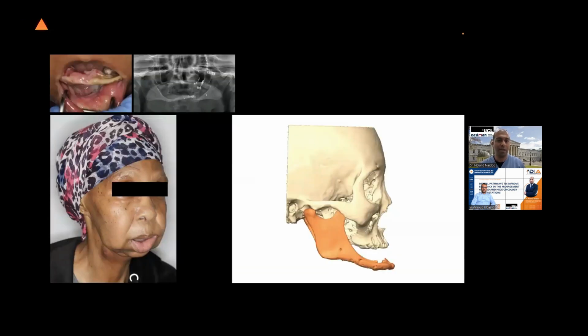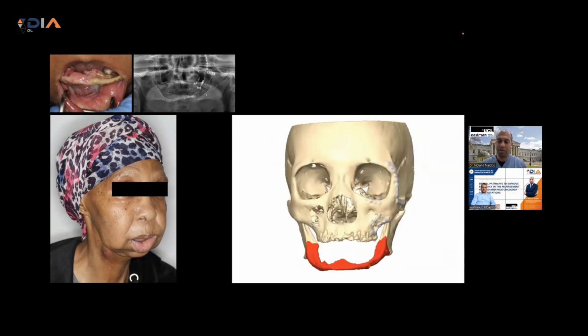But here's another patient who had osteomyelitis and a failed flap. And I'm just going to play a video just to show you how we plan this case. So this video is sped up by 16 plus times, and a lot's been snippeted out. But the planning process live via Teams took about an hour and a half with the entire team giving the input. You can see the mandible is repositioned,